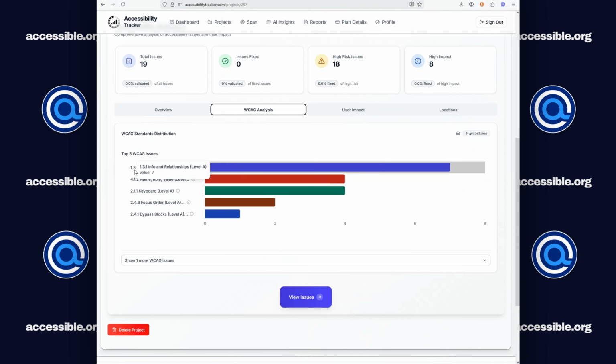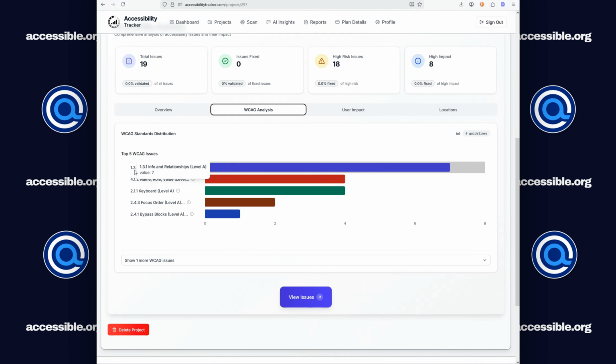And you might be wondering, well, this isn't all of the data. Well, we're looking at the broad view now. All we have to do is go to a single issue and then view that issue. And now we can see all of this very valuable audit report data has been extracted. It is now inside of Accessibility Tracker. And this is where everything opens up. We could analyze the issue with AI. There are so many